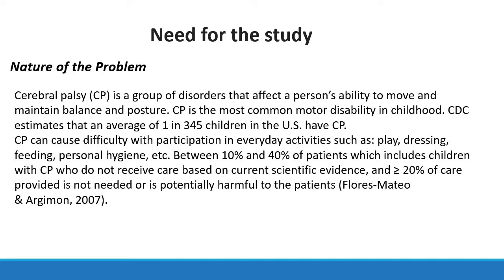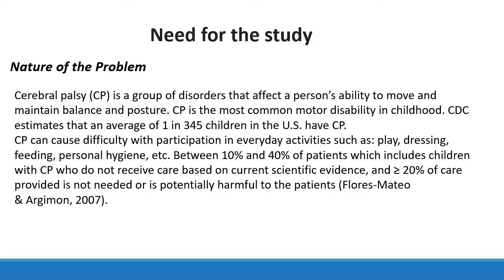Diplegic spastic cerebral palsy affects mostly legs and sometimes arms. Diplegic spastic cerebral palsy can cause dysfunction in coordination and balance, seizures, joint contractures, and cognitive impairments. Hemiplegic spastic cerebral palsy affects only one side of the body, and arms are usually affected more than legs. Children with this type of cerebral palsy can have difficulty with participation in everyday activities such as play, dressing, feeding,